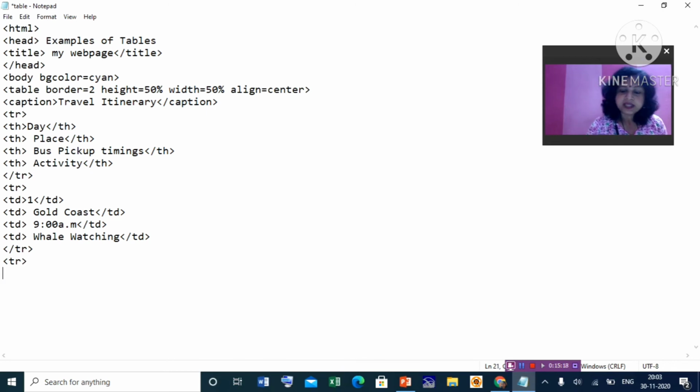Then its table data. One by one we'll go on adding. So this is the second. Next TD, next TD.